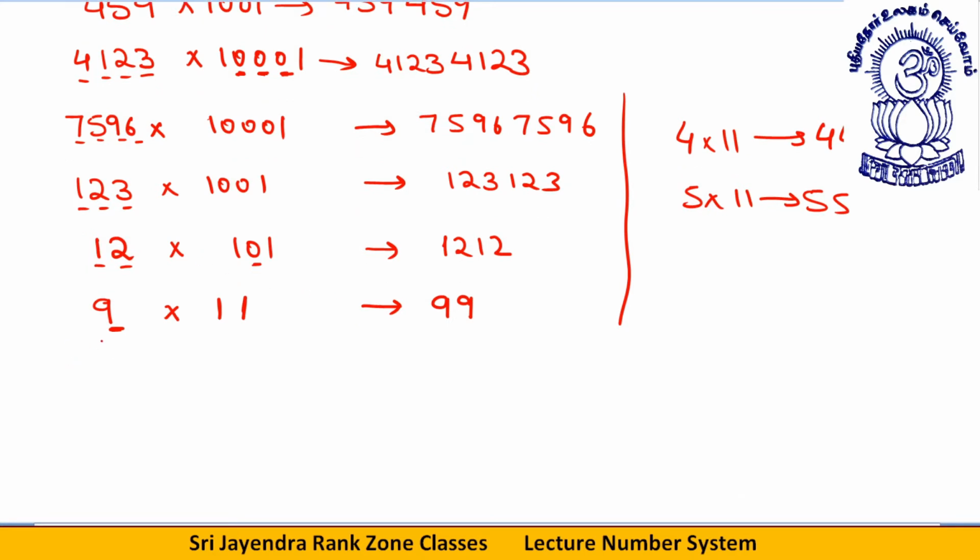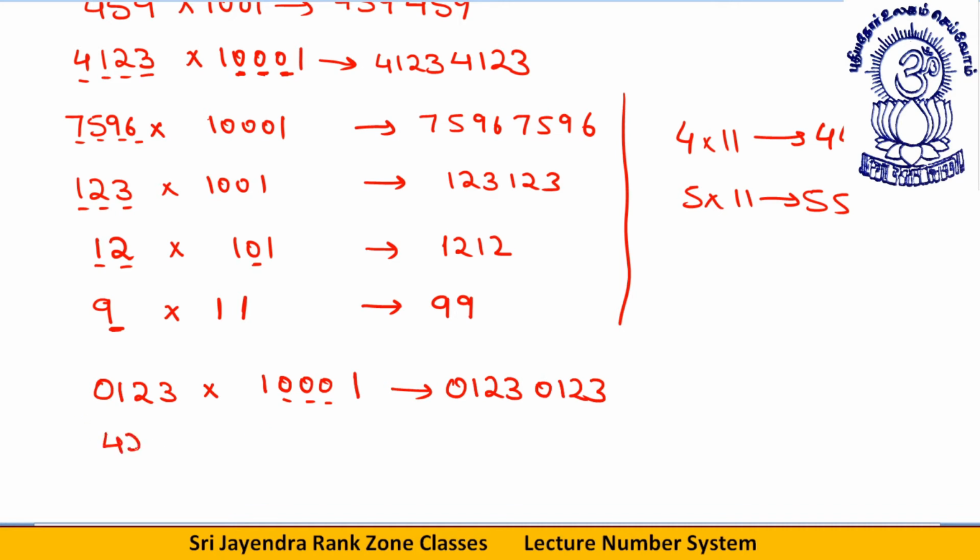So dear students, now one more thing. I have taught you the concept. This is 123. Suppose I multiply it with a number which has three zeros. I know a three digit number can reproduce a number which has six digits. So in order to make it four digit, we can write it 0123. This is actually the same thing. The product will be now 0123 0123. Got it, dear students?